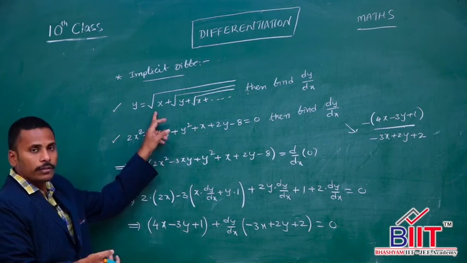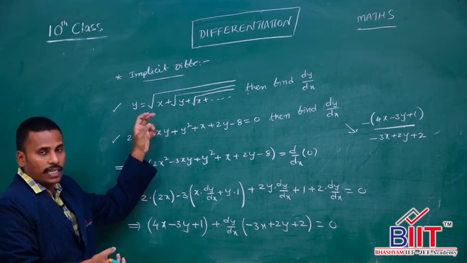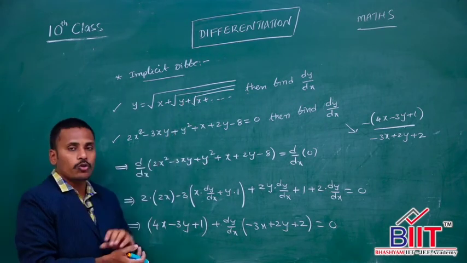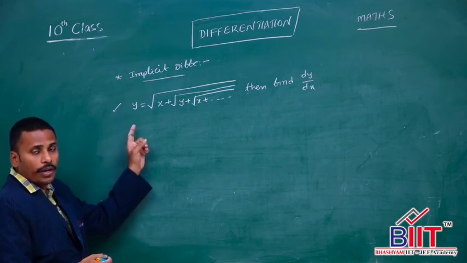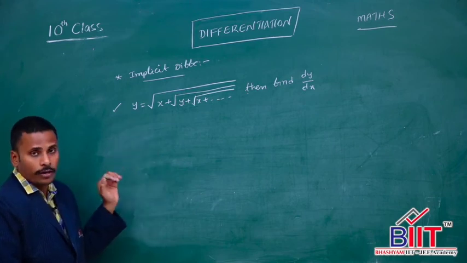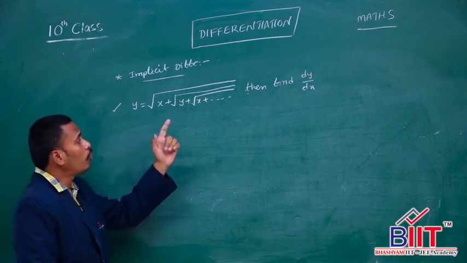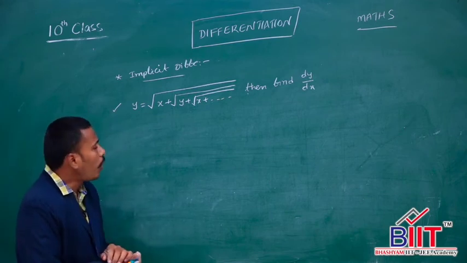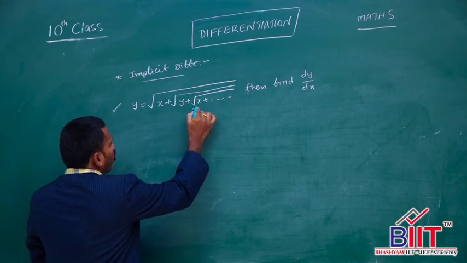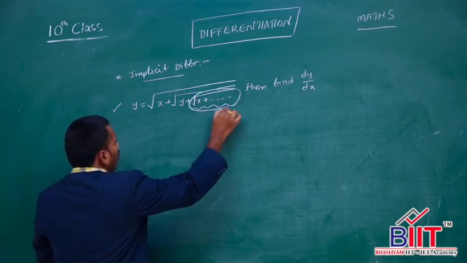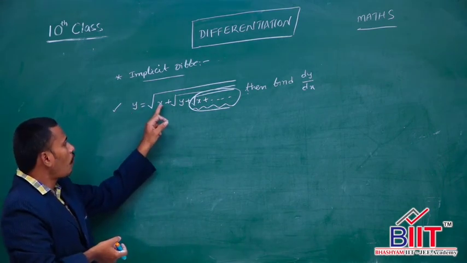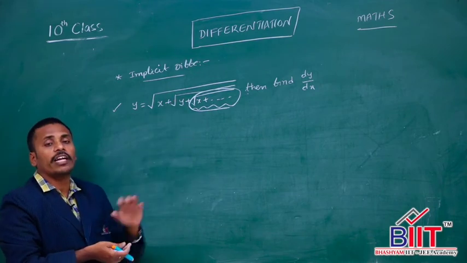I have another problem here where x and y are again connected like this and we need to find dy/dx. Look at the problem, try to solve it. Now the problem is this: y = root of (x + root of (y + root of (x + ...))), and it continues like that, and we need to find dy/dx. Look, root x plus root of y plus, again root x is started, right? If you look at all these things, again it is y. y equals root of x plus root of y plus and so on for an infinite number of times.